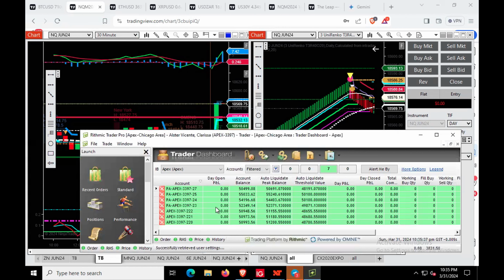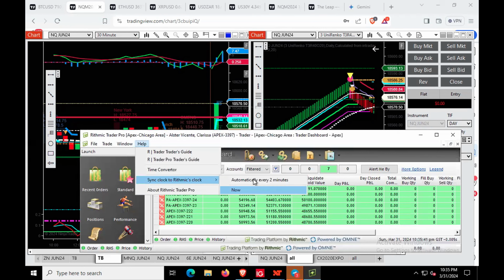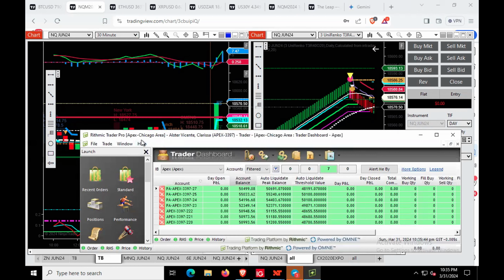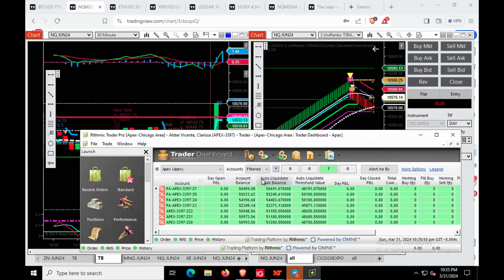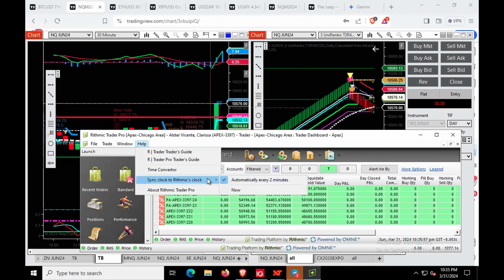Ta-da! This is why I never save, okay? Now make sure you sync automatically every 2 minutes, and now it should be working. After 3 or 4 clicks, you can actually do this, okay?